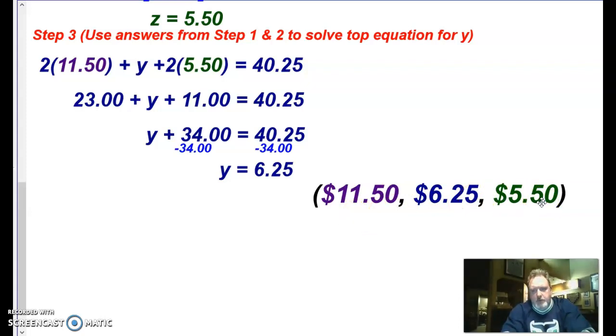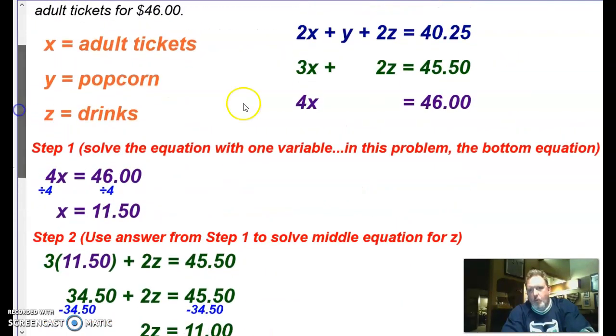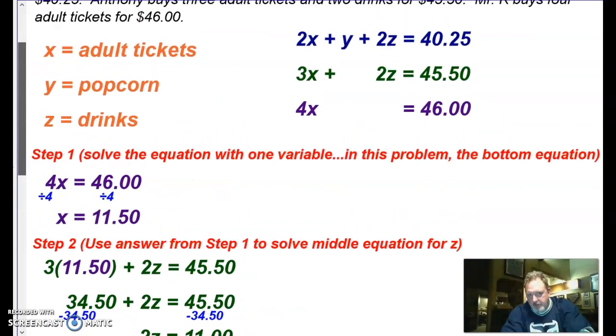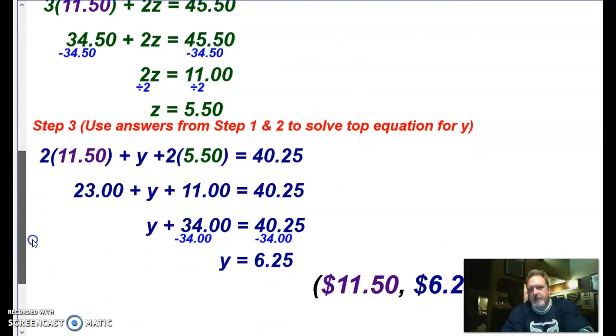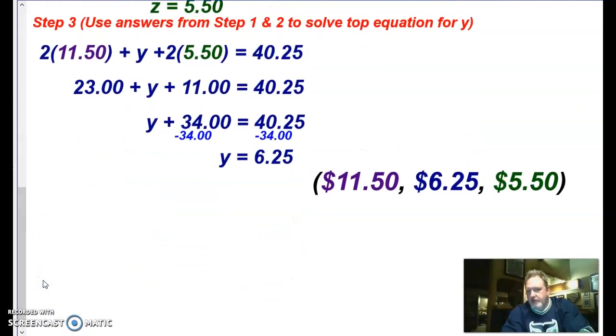So with these word problems, again, we'll try to set them up so that you're given one of the variables in a situation like this, where all you have to do is divide and get that first one, and then that'll allow you to plug it in. I can see on a previous problem whether or not you can solve by elimination, all that. So this just kind of makes it easier to start from here and work backwards. But again, clearly define your variables, set up that system, and make sure you write your final answer as an